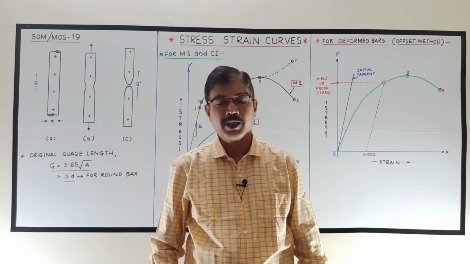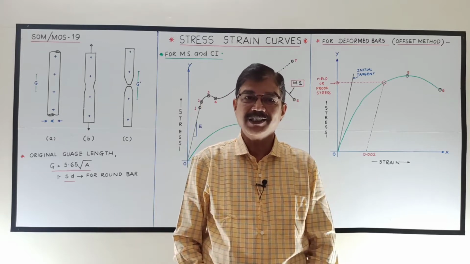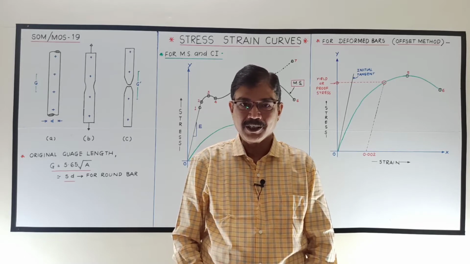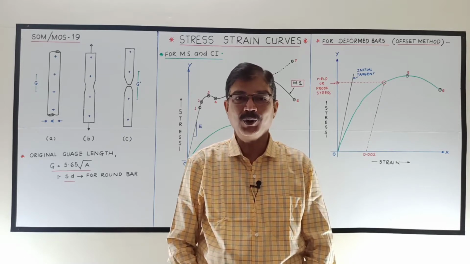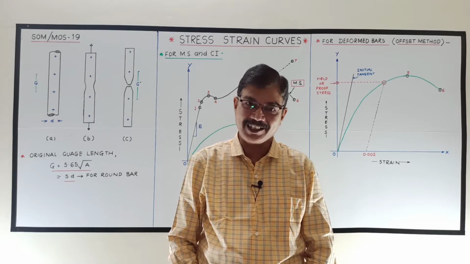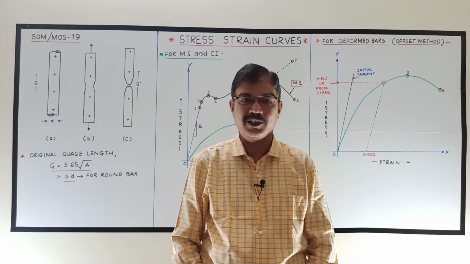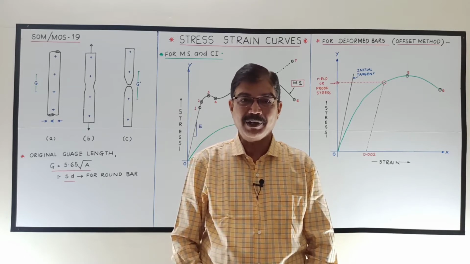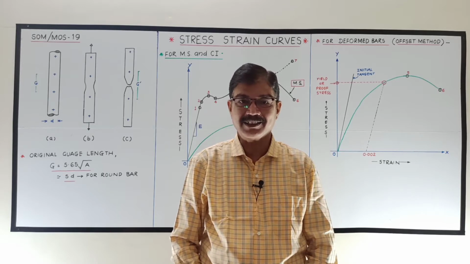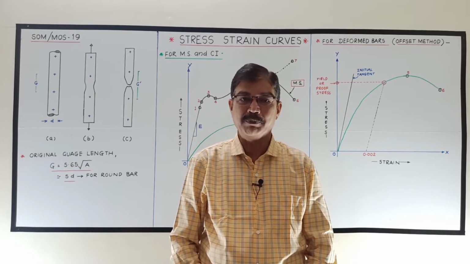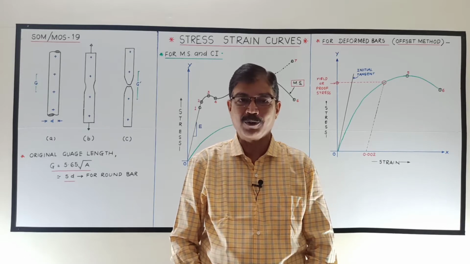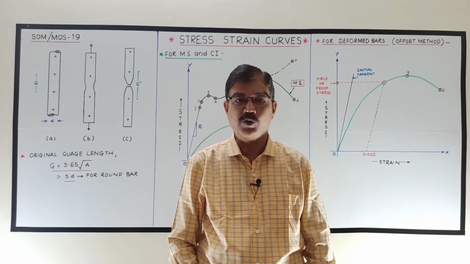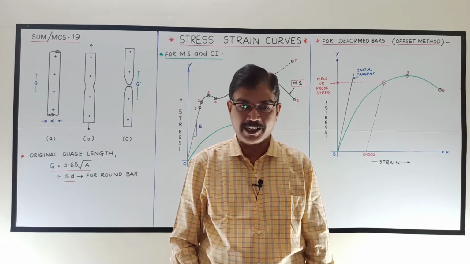Now, as far as mild steel is concerned, when it is used in RCC, basically it is used to resist the tensile stresses. Therefore, it is necessary to check its ultimate stress, yield stress, as well as the very important property ductility, and for that purpose we have to go for tension test.